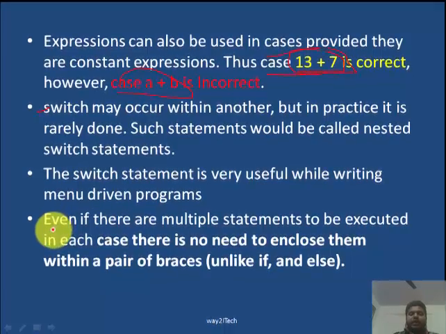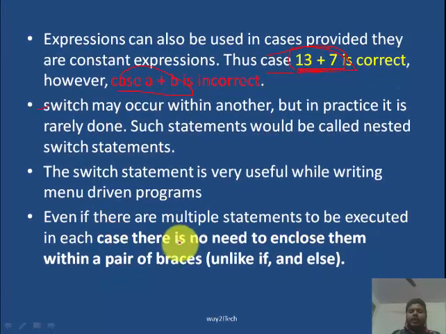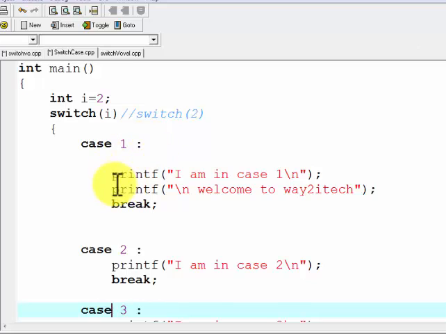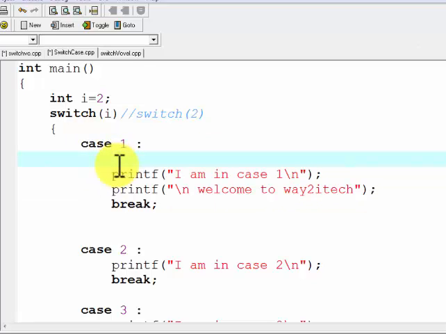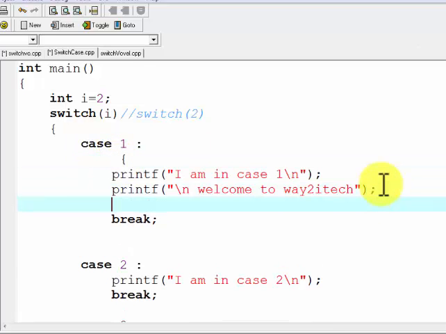The next point is, even if there are multiple statements to be executed in a case, there is no need to enclose them within a pair of braces. So even if there are multiple statements after case, here there are two statements after case, we need not put braces as we used to put in if else statements.